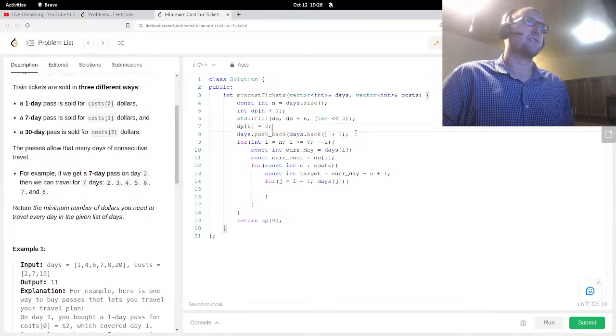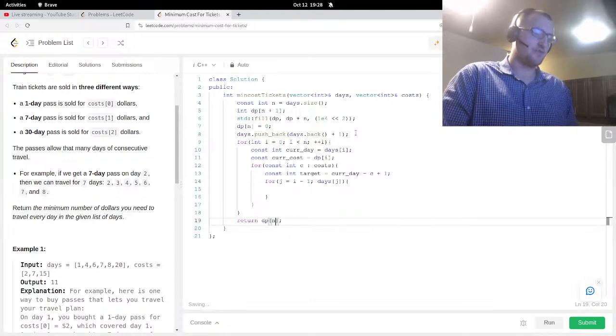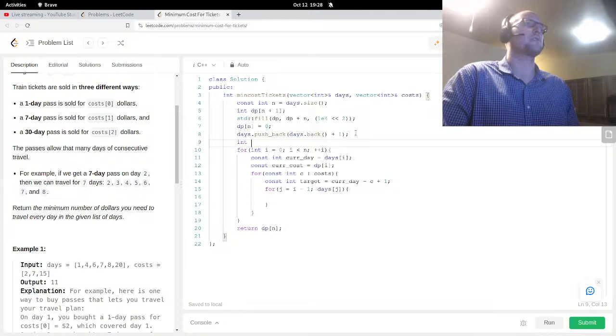I had it right the first time. First, the initial position will be 0. This is now going to go in the forward direction, less than n. Return dp of n. Also going to have an int tickets array